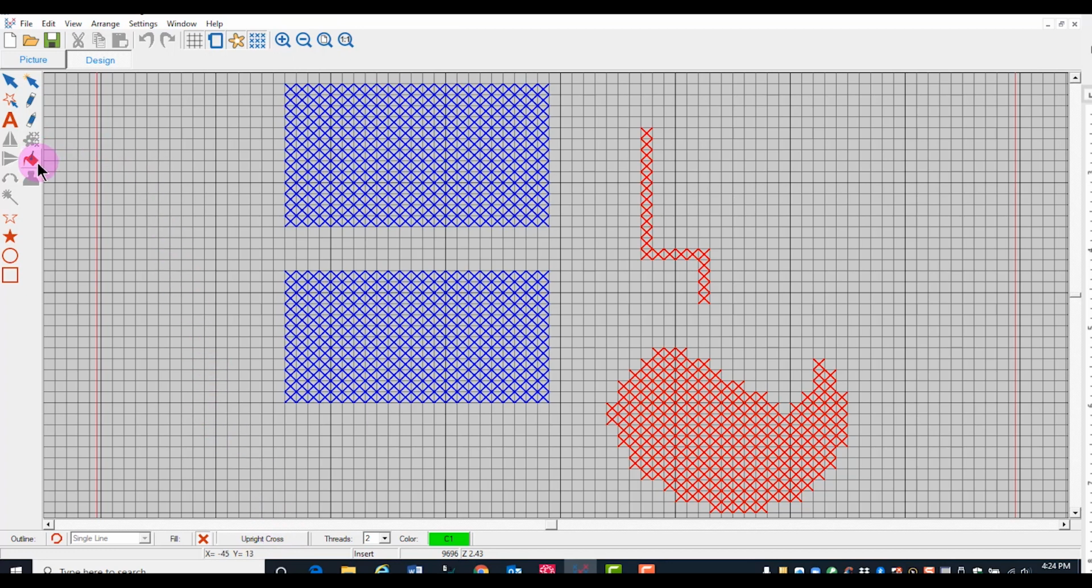One of the easiest ways is the area fill. So let's, on this first one, select the outline and we'll do a single line. And then the next step is to select the color that you want to use. Click on the area fill icon and then click on the object you wish to add an outline around. An outline will be added around the object you selected in the color you selected with the type of outline